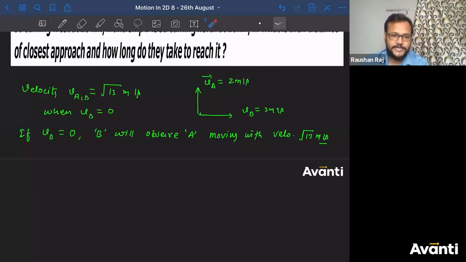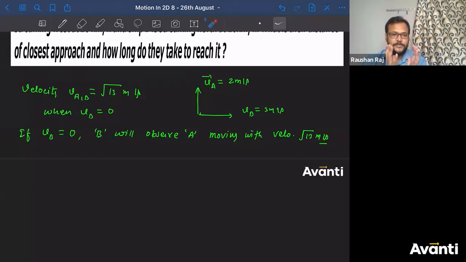So most of you are saying yes. Now think about this, guys. See, let us say you are running, or let's say you are sitting on a bus. If you are sitting on a bus, and you look at a different guy who is sitting on another bus, and both the buses are moving. So when you look at the other guy on the other bus, do you consider your velocity there?